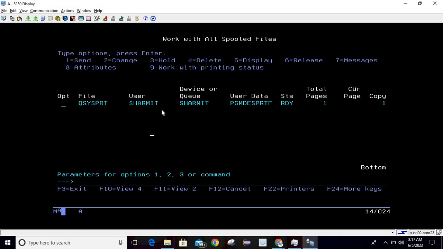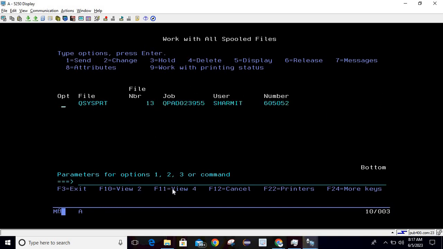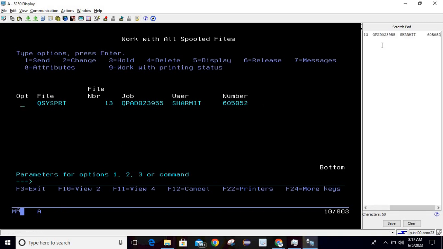For that, in the WRKSPLF command, you can press F11 for changing the view. Now change the view again to view 3, F11. These are the pieces of information that we will use for transferring. Just open your scratchpad from here and paste the information. Now we will use this command, CPYSPLF,